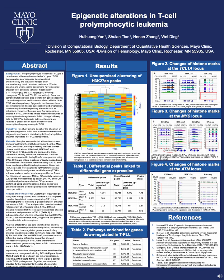T-PLL is a rare disease with a median survival of less than 1 year. T-PLL itself is considered to have a very poor response to conventional chemotherapy, and also relapses after immunotherapy because of acquired resistance. Whole genome and whole exome sequencing has identified key genetic alterations, including two key translocation involved genes,